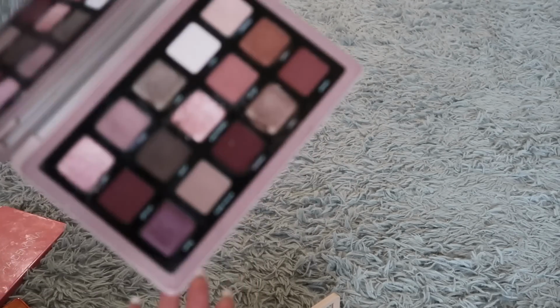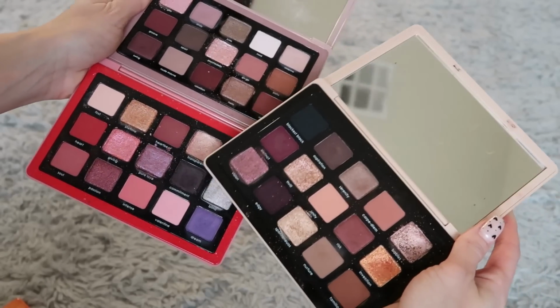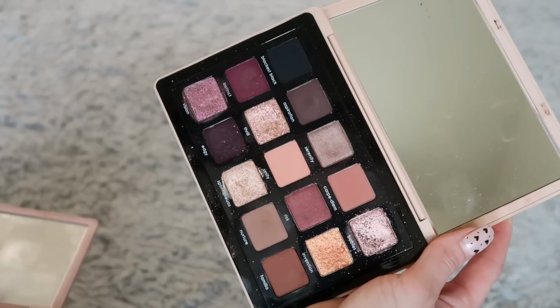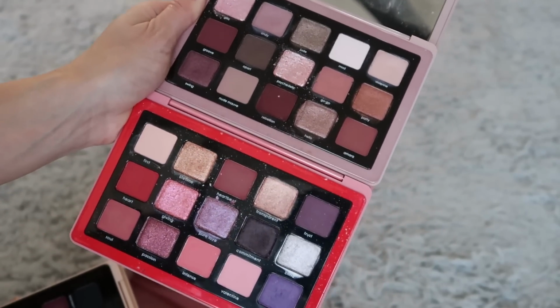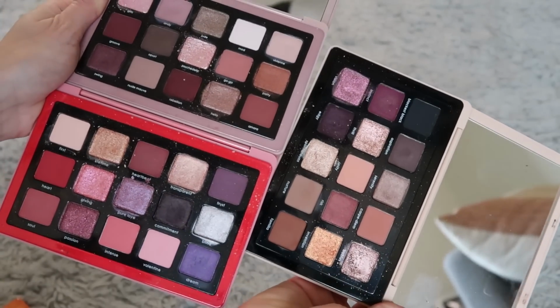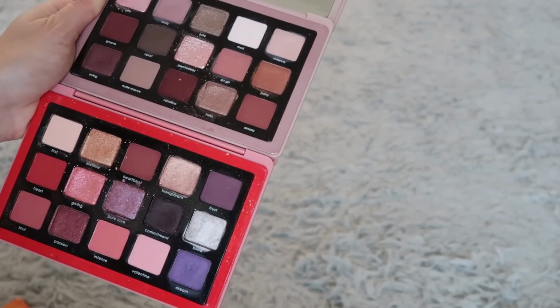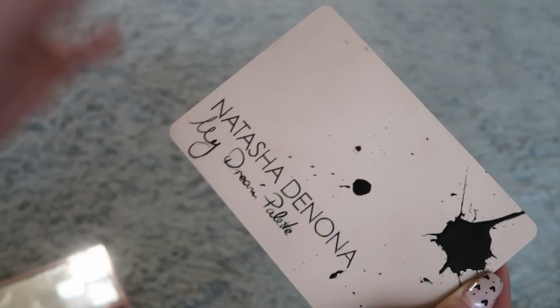But I'm looking at my retro palette and even a little bit of the Love palette. Like, I don't know, what do we think? I really do like the Dream palette so much. I really do. These two I reach into so often and I feel like the vibes are close enough. I can't believe this. Yeah. I like My Dream so much, but going back to it,